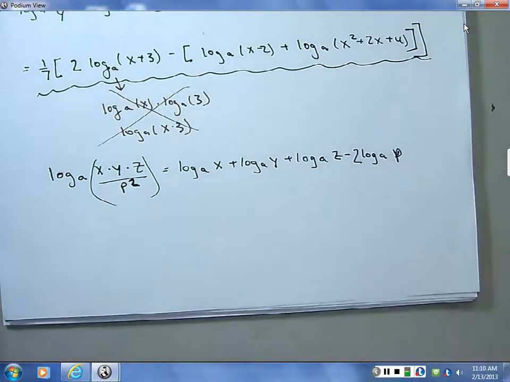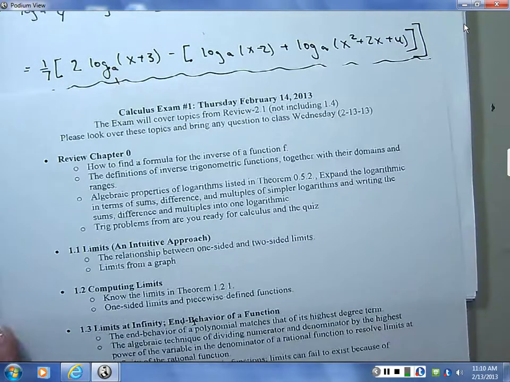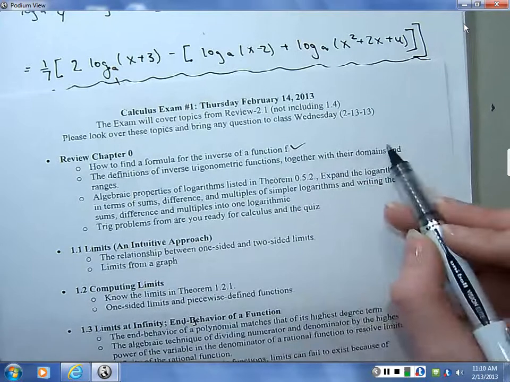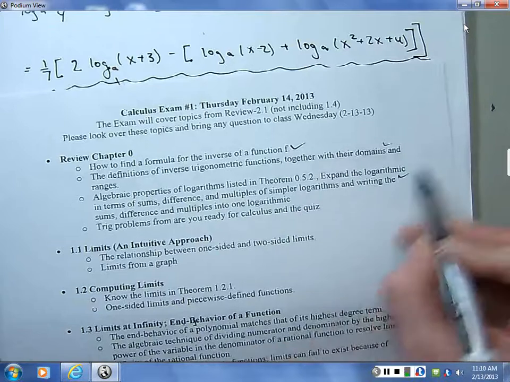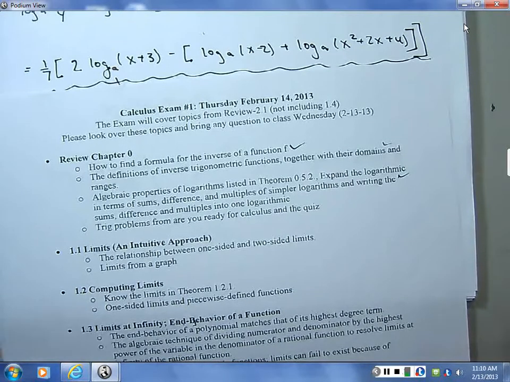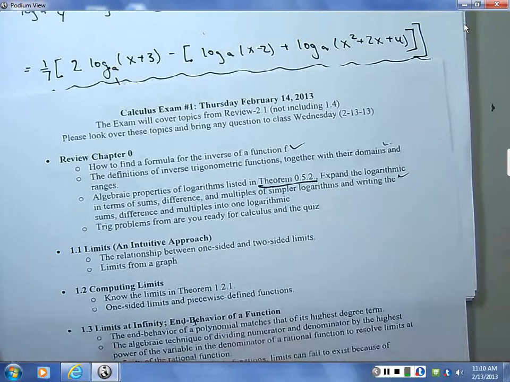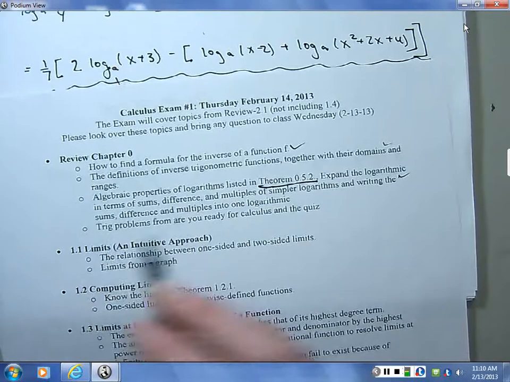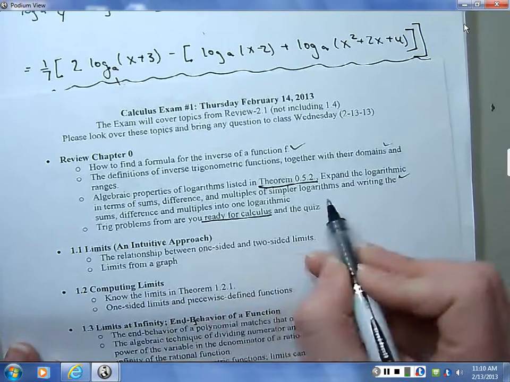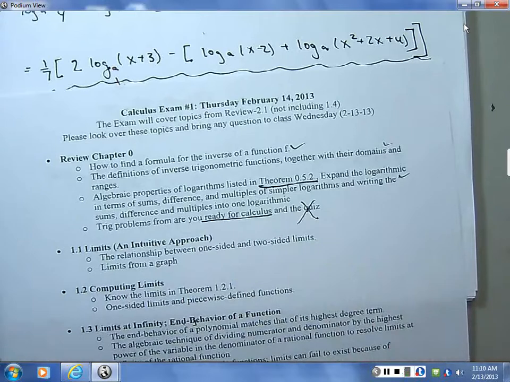So that's covering really this review. We talked about the inverse. We talked about the trig functions and their domains, where that comes up. Did an example of the logarithmic functions, the sum, the difference, the product, things like that. If you look on this theorem 0.5.2, you can see how that is applied. And then trig problems from the Are You Ready for Calculus quiz. And it's actually not the quiz, it's just Are You Ready for Calculus. We didn't do any trig problems on our quiz, but